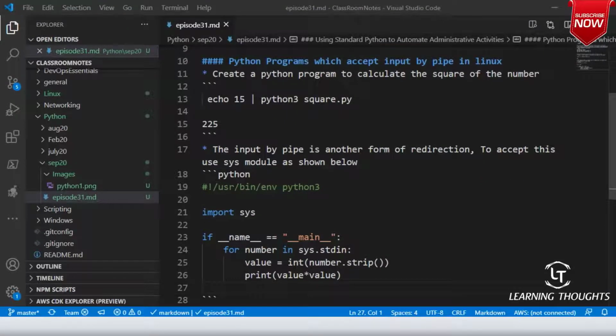Okay. Now, if someone asks you, can you write me a program which will download the file?